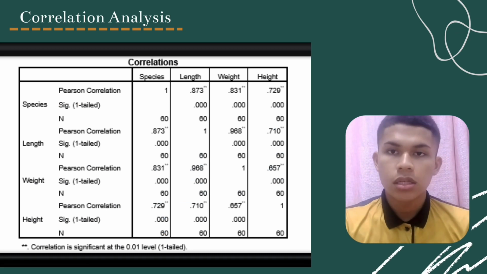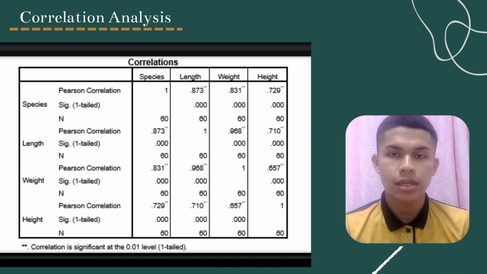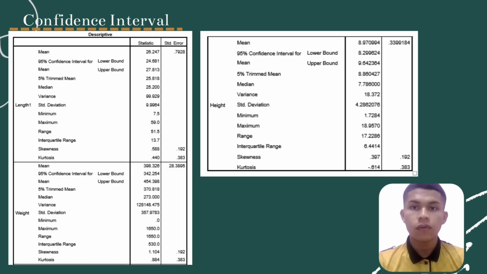Correlation analysis. As we can see from this table, the value of R between length 1 and weight is 0.968. The value of R between length and height is 0.710. Next, R value between weight and length 1 is 0.968. R value between height and length is 0.710. Confidence interval. The mean for length 1 group is